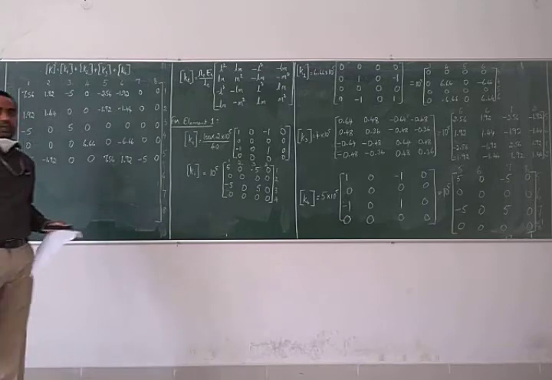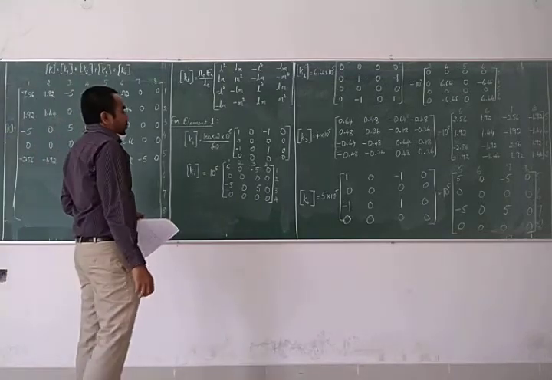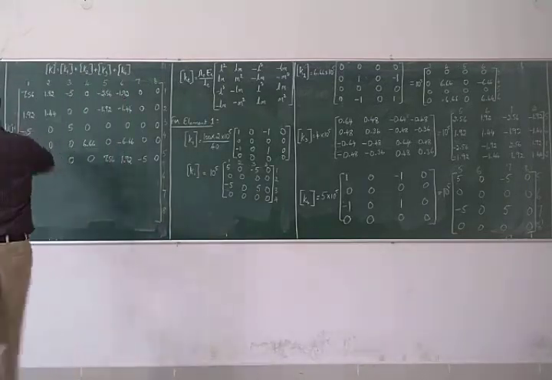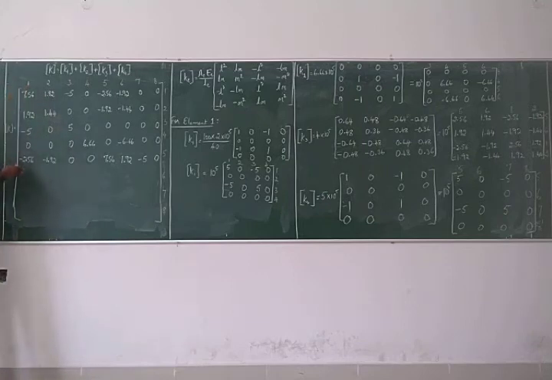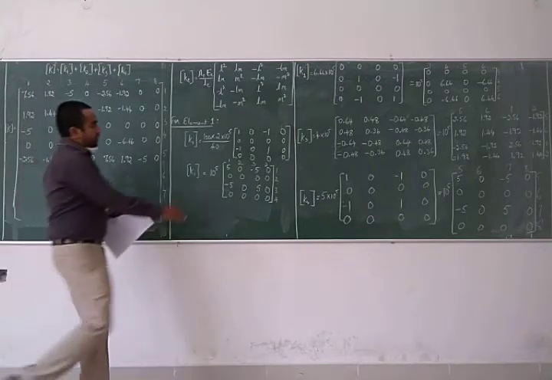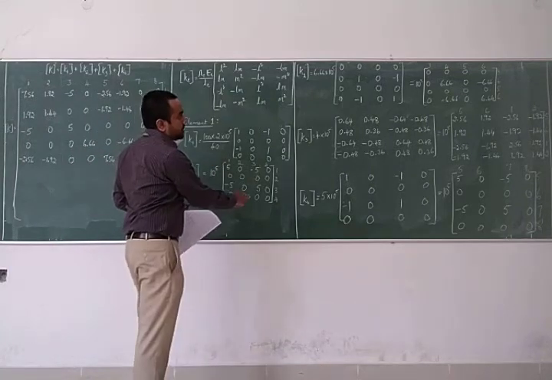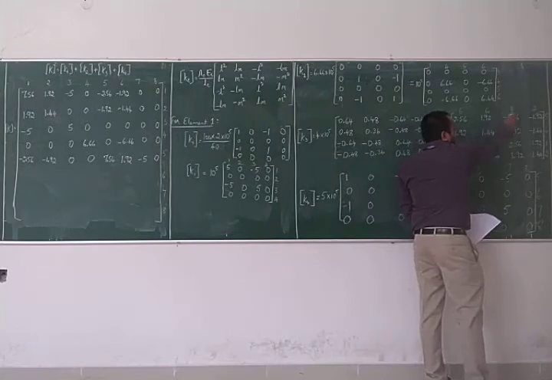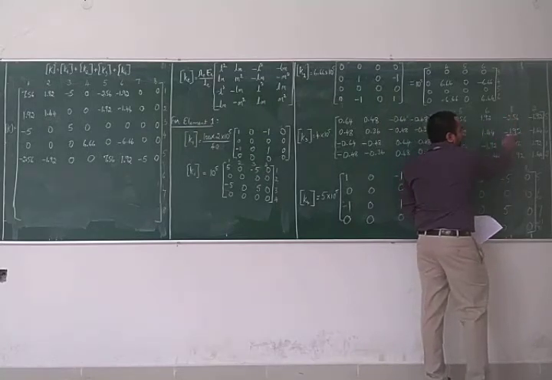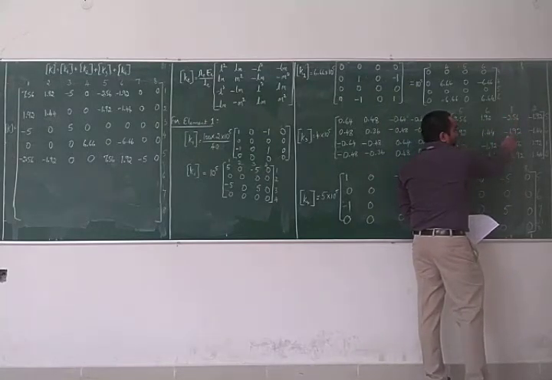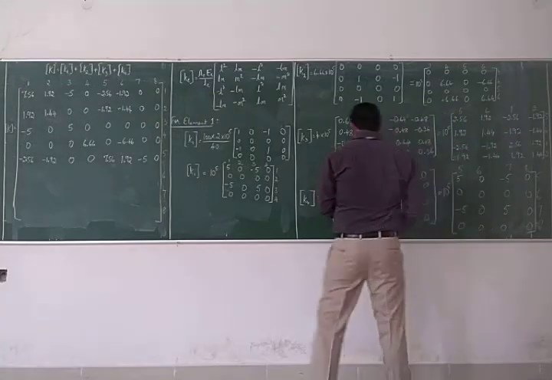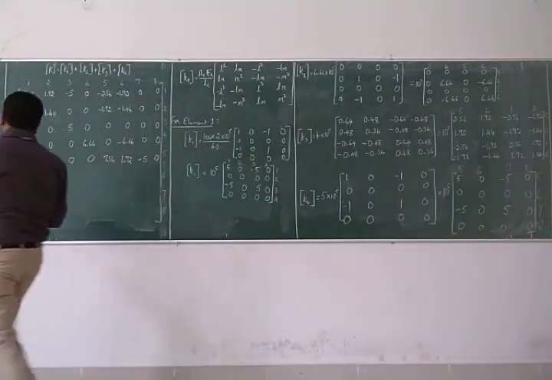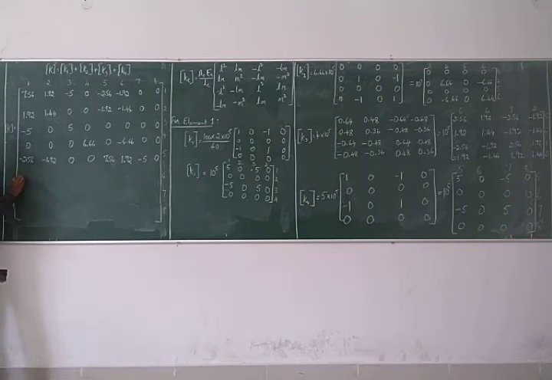The sixth row. How do we frame the sixth row? We need to find the value pertaining to first degree of freedom column and sixth degree of freedom row. So first degree of freedom column here is the sixth degree of freedom row. We have a match here. First degree of freedom column and sixth degree of freedom row, minus 1.92. So this is minus 1.92.